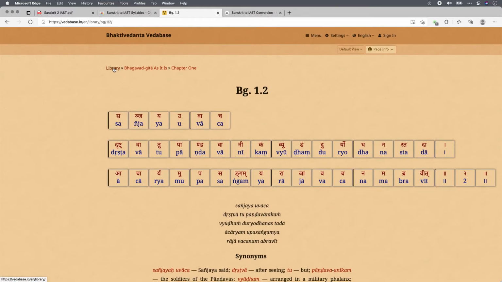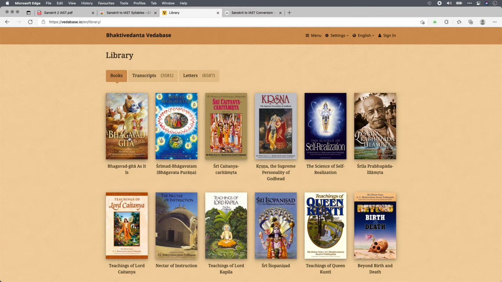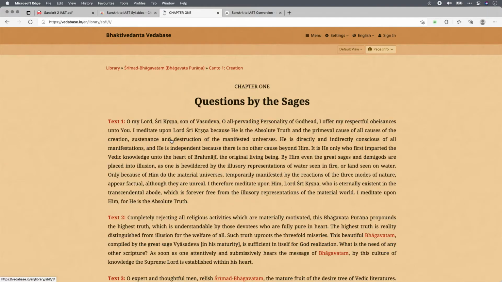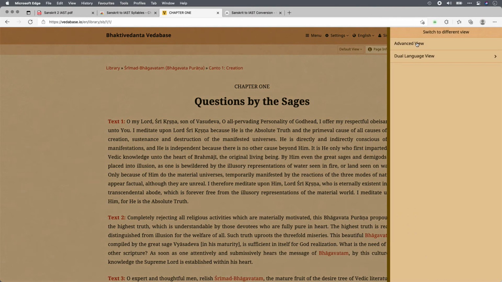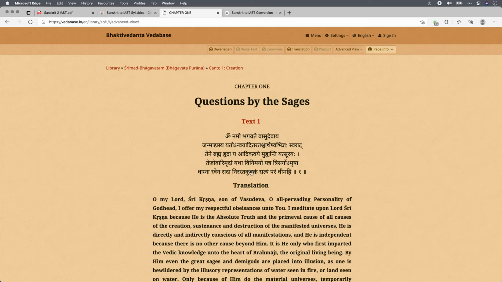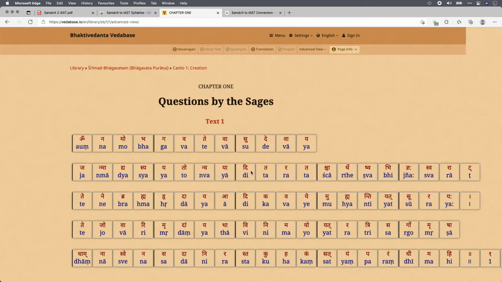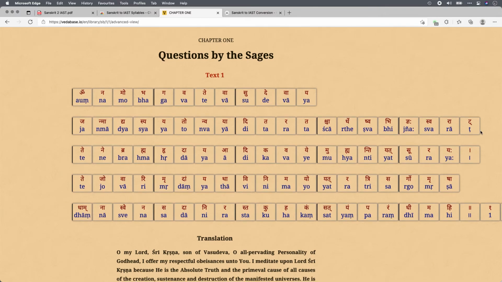And also the extension works for Bhagavad-gītā as well as the Śrīmad-Bhāgavatam. So you can also go to Śrīmad-Bhāgavatam, chapter 1, for example. Again, go to advanced view, and then it will also convert it. And here you can see very easily that in Śrīmad-Bhāgavatam actually the metrum is a little bit different. So you have